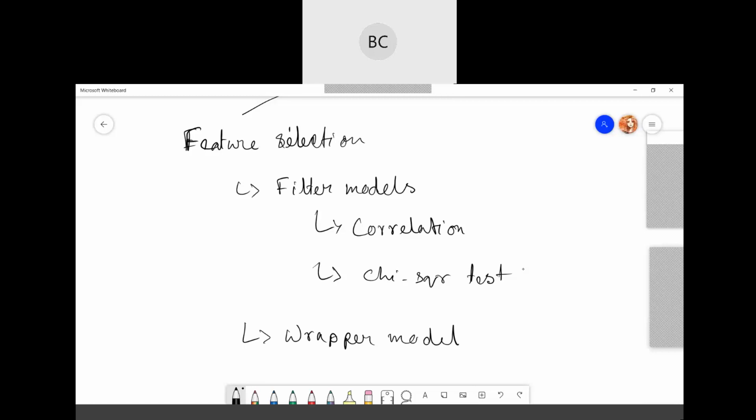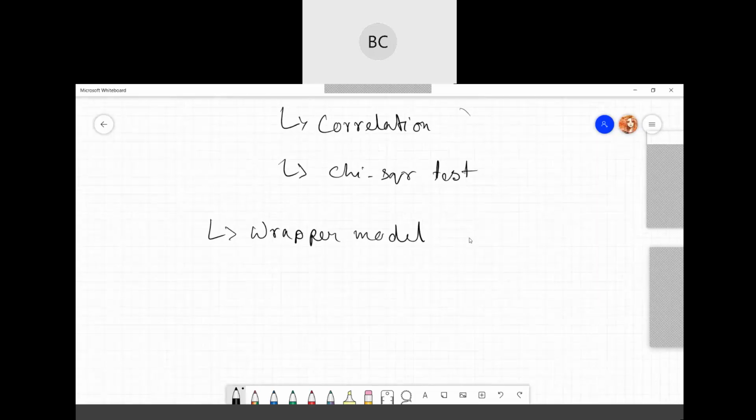The wrapper method has the same goal as the filter method, but it takes a machine learning model for the evaluation. To filter the features, the wrapper method uses different machine learning models. Some of the features are fed to the ML model, then it evaluates the performance. Then the performance decides whether to add those features or remove them to increase the accuracy of the model.